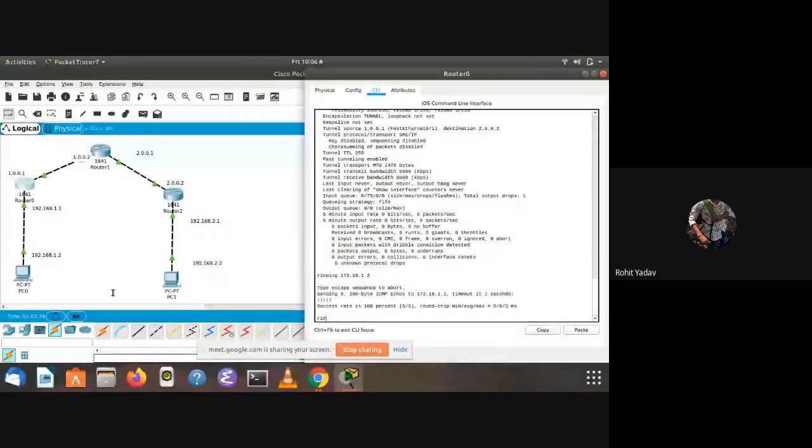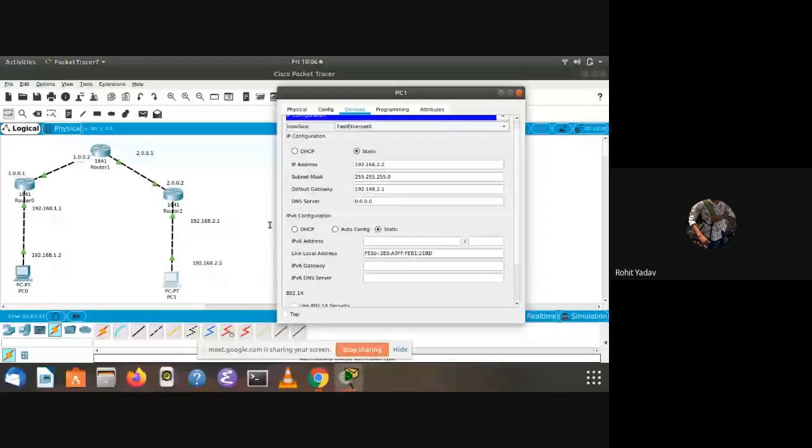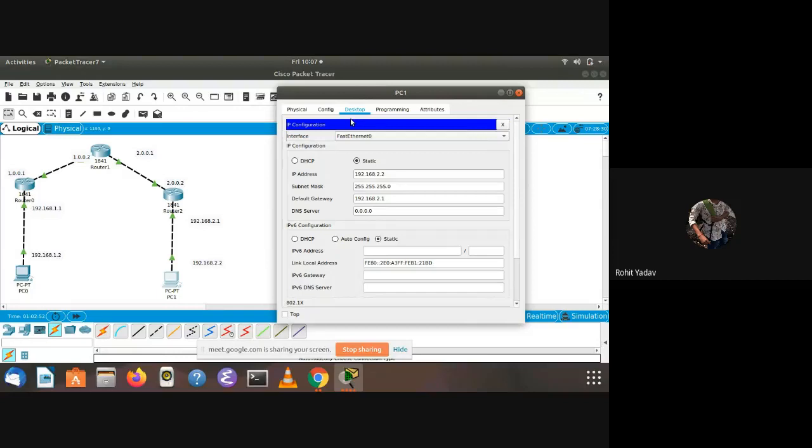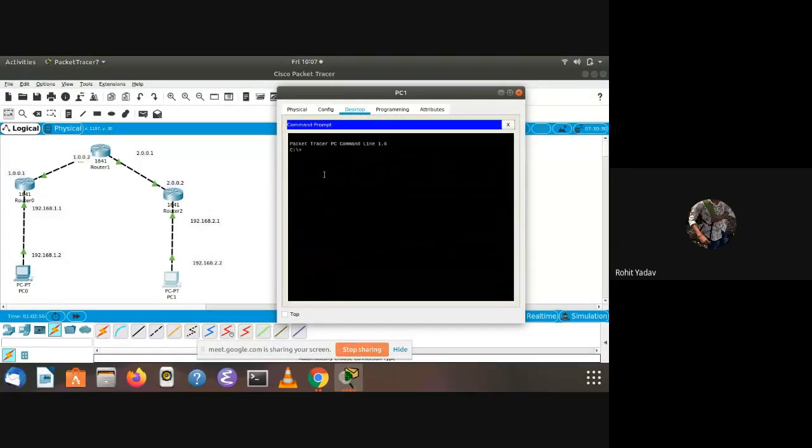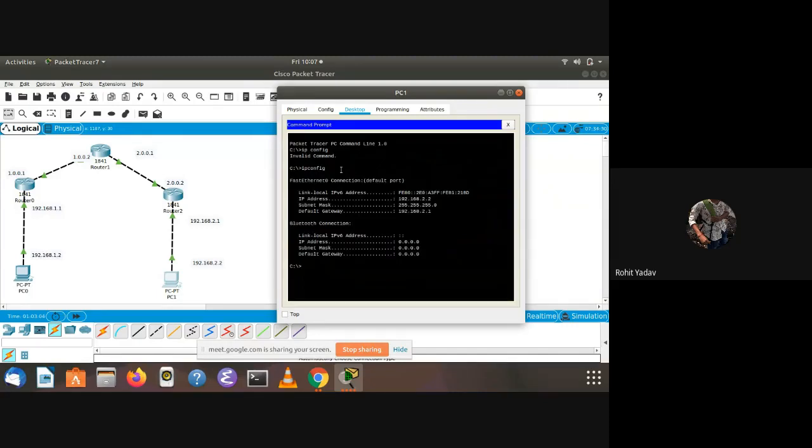Okay, we will send from this PC to this PC. Don't know why it is not working. On this PC, this command shows the information about this PC.